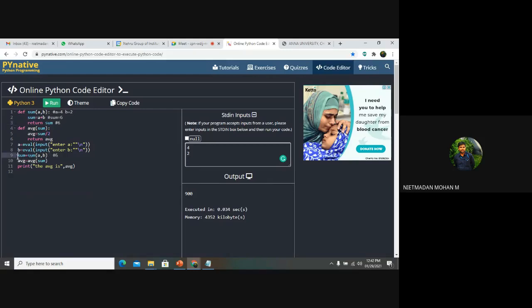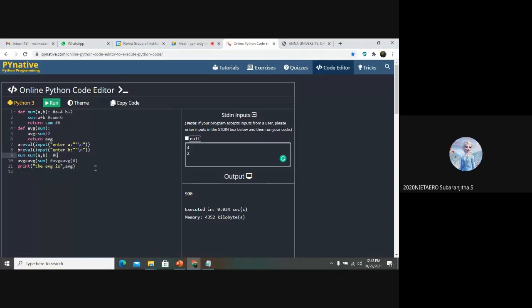And after getting the value, this function output will become the input of another function. So this is the function composition. This function gave an output of 6, and that 6 will become the input of the other function. So here what will happen is AVG equal to average of 6. Clear?